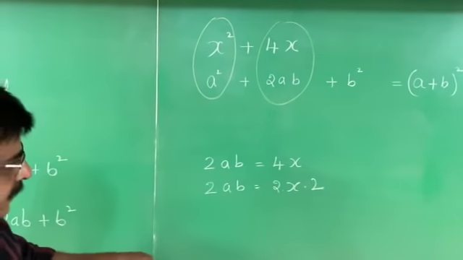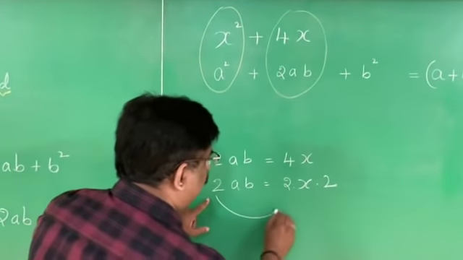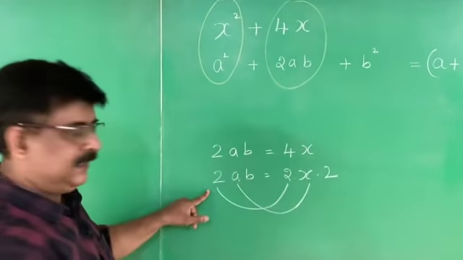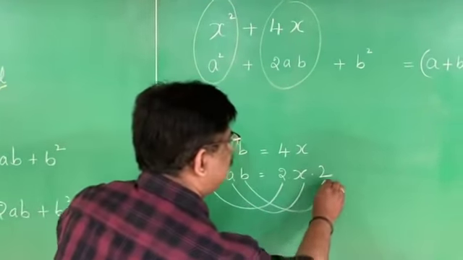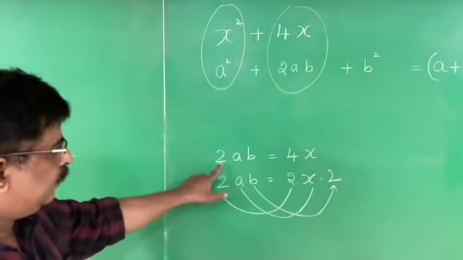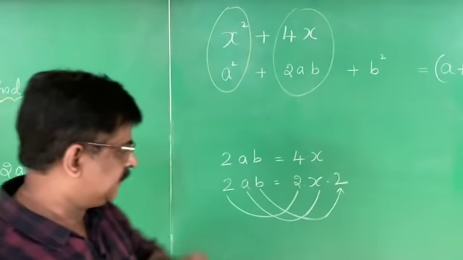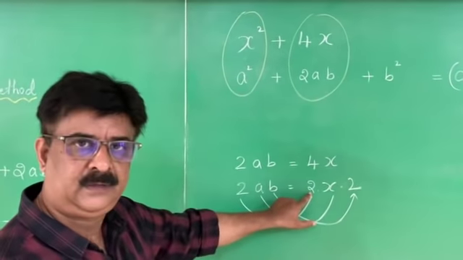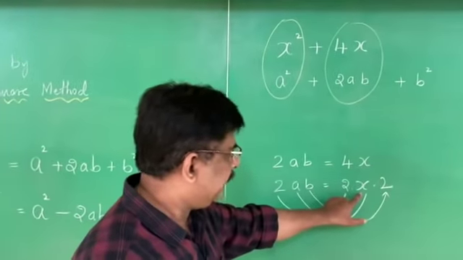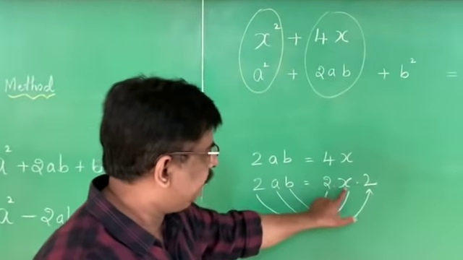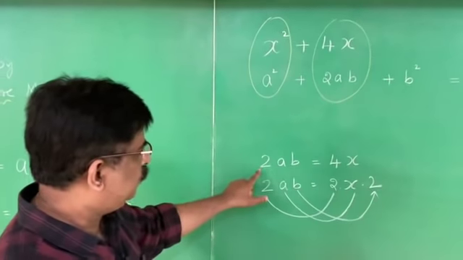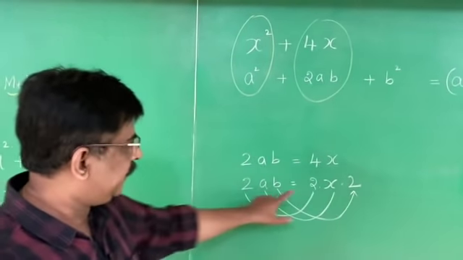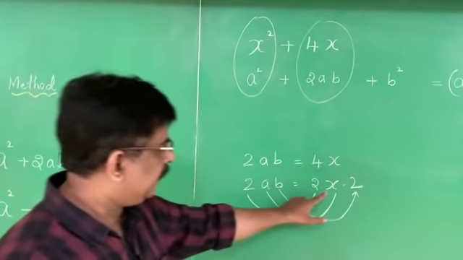Then what I do is, I write 2ab is equal to 2 into x into 2. Why I wrote it like this is, 2 is 2, a is x, then b is 2. Try to understand. 2ab is equal to 4x means, you want 2, therefore I divide this 4 by 2. Then I repeat the x here. Then what is left here? 2. Therefore, 2ab can be written as 2 into x into 2. 2 is equated to 2. a is equated to x.